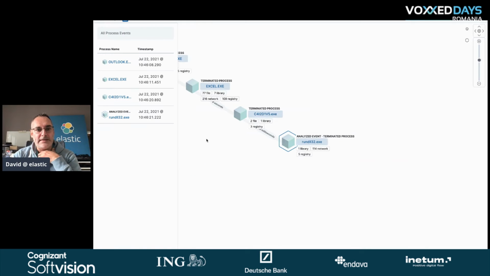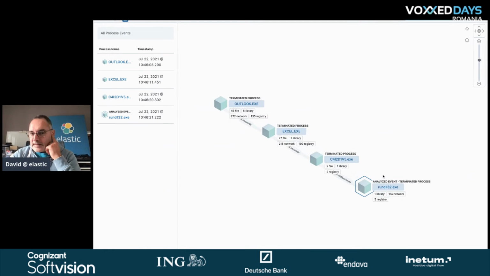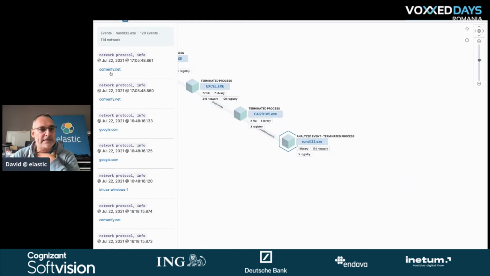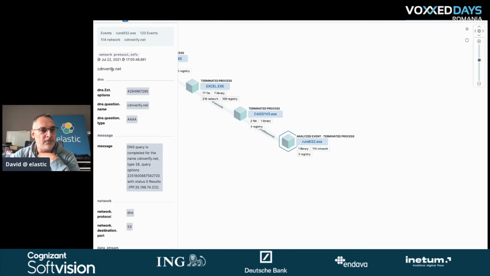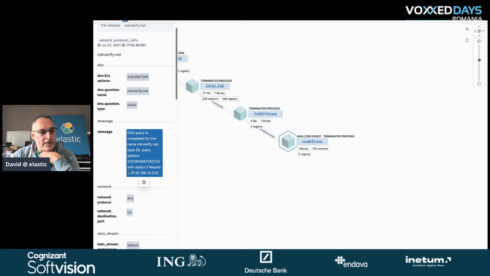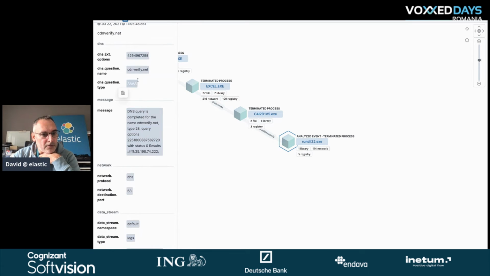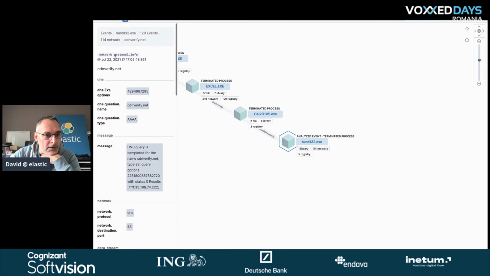What you are seeing in this view is that the event we are looking at has been run from rundll32 here. And if we look at the network calls, for example, we can see that this domain, cdnverify.net, has been called. If we click here, we can understand that this alert is coming from a given IP address.